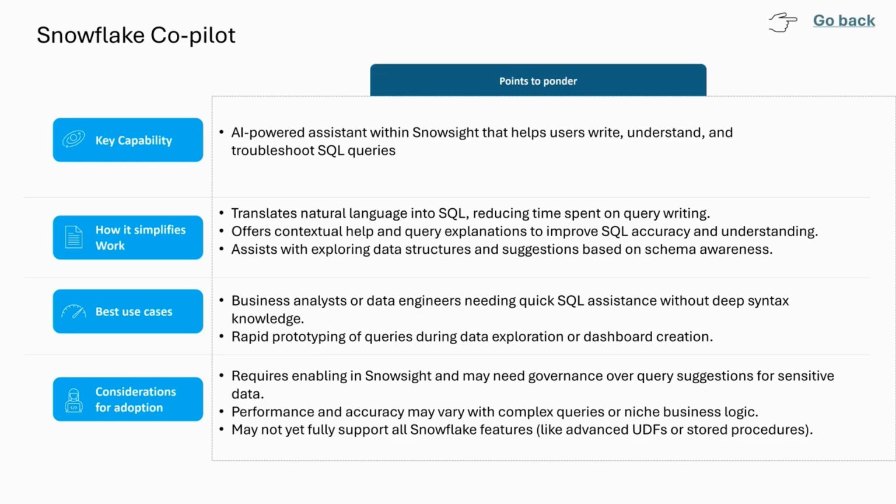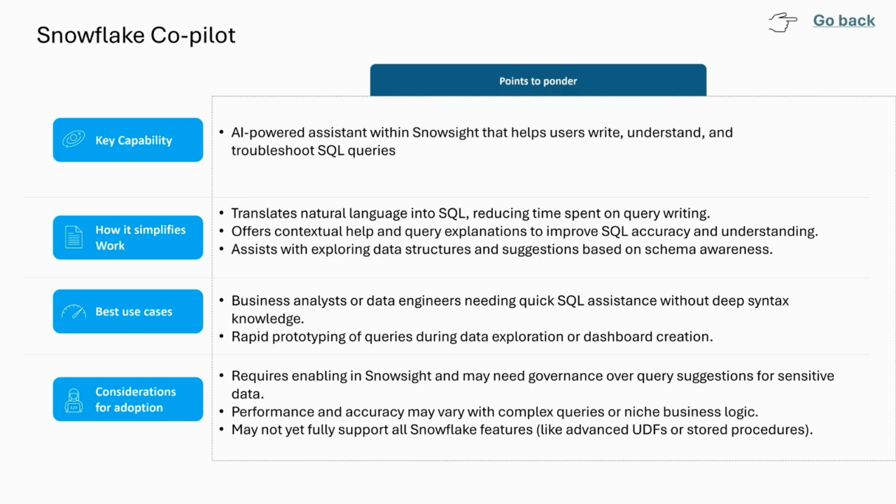The best use case is when the user is not fully comfortable writing deep technical syntax in SQL. Giving a simple prompt will give them ready-to-use SQL which they can run, and then they can iteratively refine those SQLs and get insights out of the data.